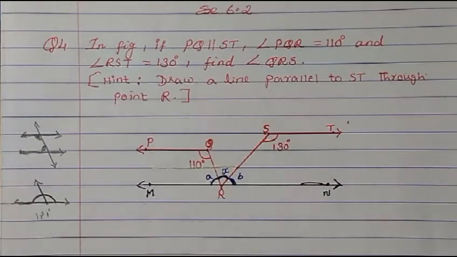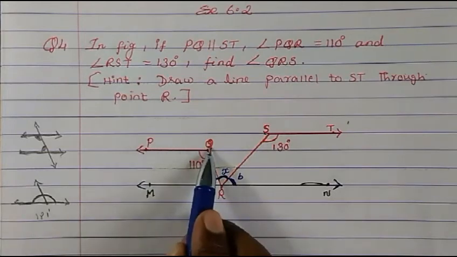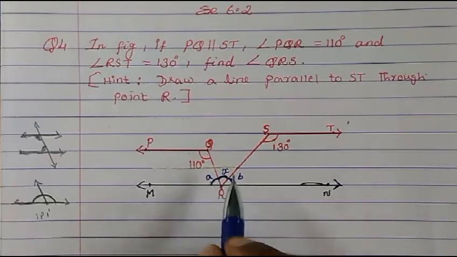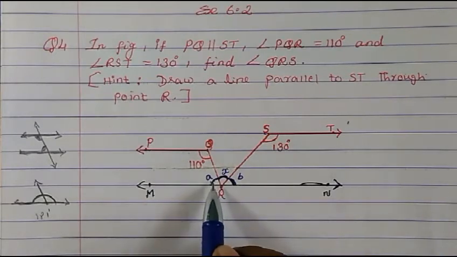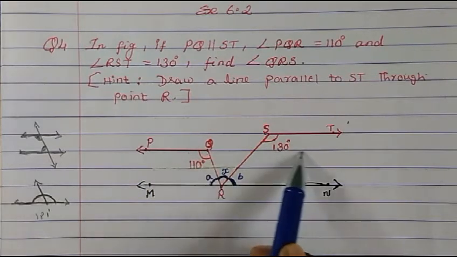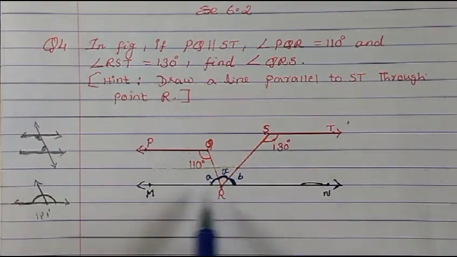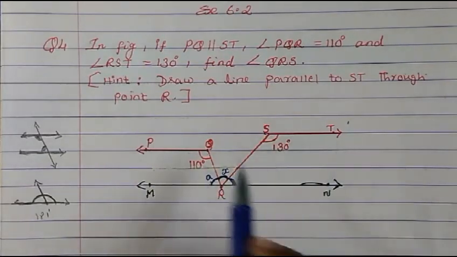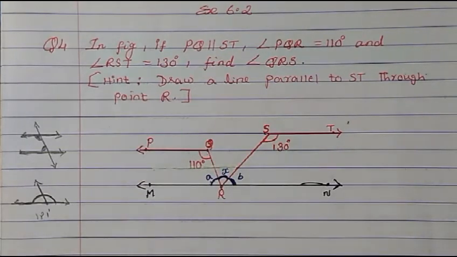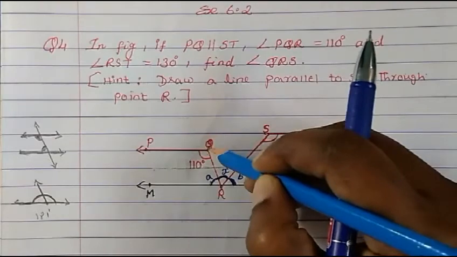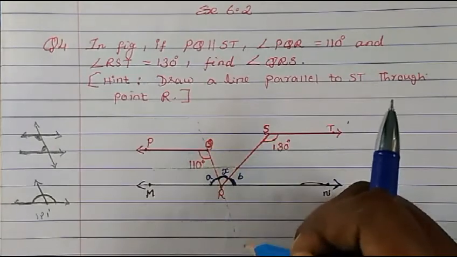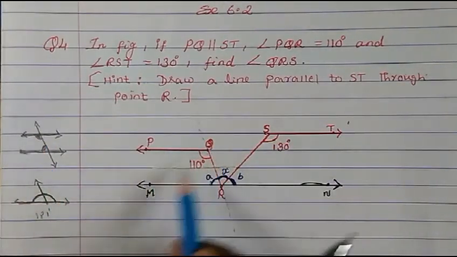You can see here this angle PQR and angle MRQ. Both will become consecutive interior angles because this is a parallel line. This is also parallel, if you extend, to ST. So these are all parallel lines. This is a parallel line, this is a parallel line, and this is the transversal. If you extend this, it will go up and this will come down, so this becomes a transversal, and this becomes a parallel.